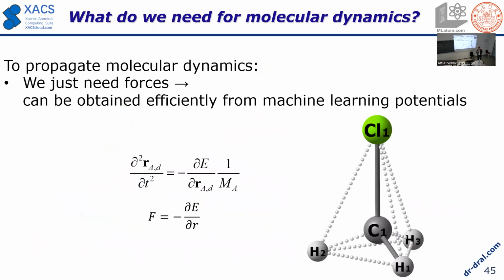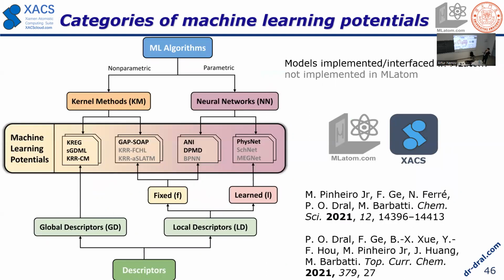Now for dynamics in general, we just need forces. Right? We don't need anything else. And machine learning is perfect for this. So not just AIQ1, if you want to have some other method, you can use it. So you can train any machine learning potential models on forces and energies. And then the problem is that there are thousands of neural networks and kernel methods around. Which one to use for your molecule is not clear.